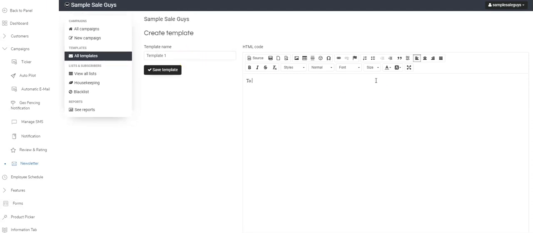At the top I'll put "To view this email in a web browser, click here." And at the footer I'll put "To unsubscribe,